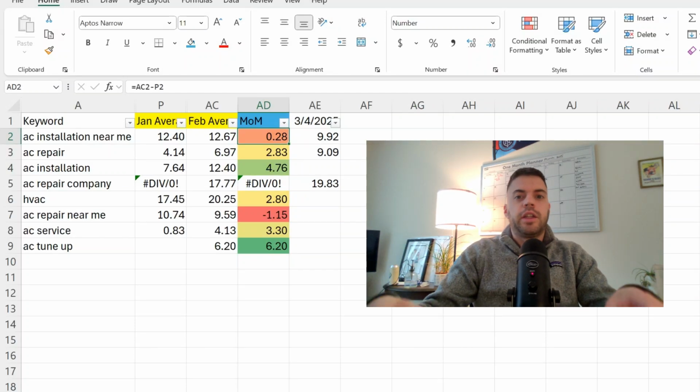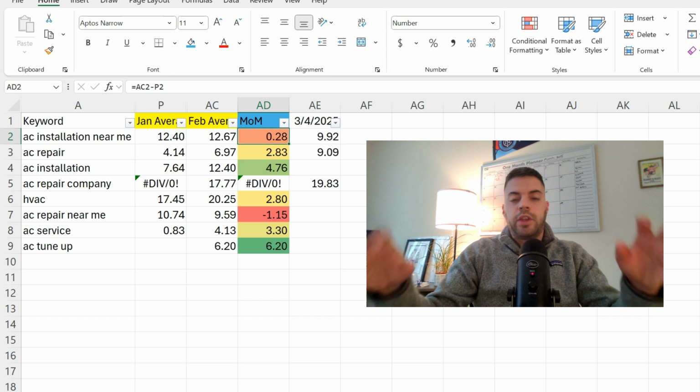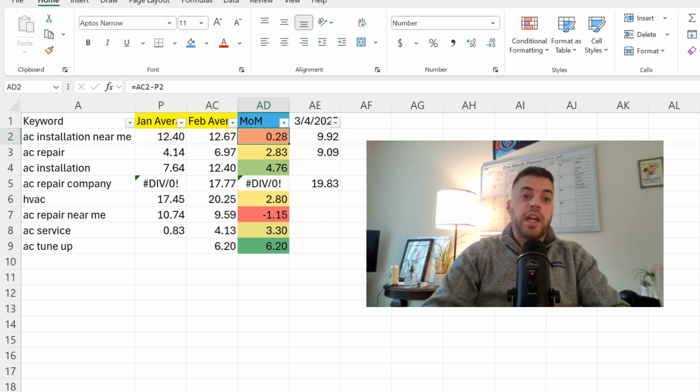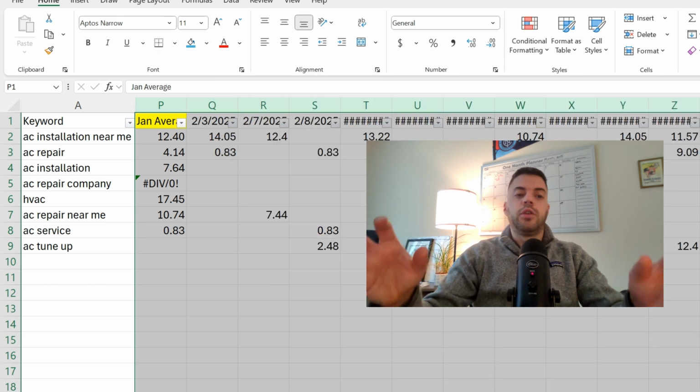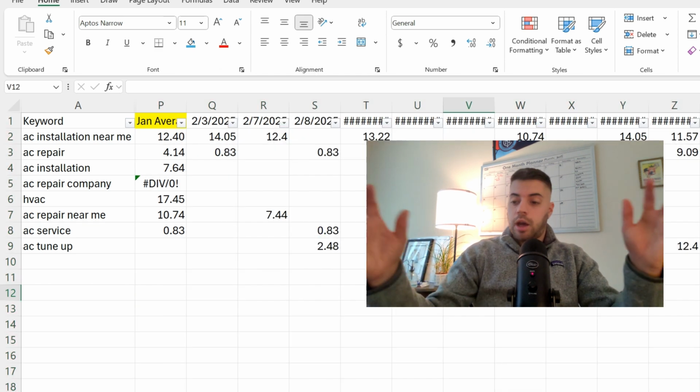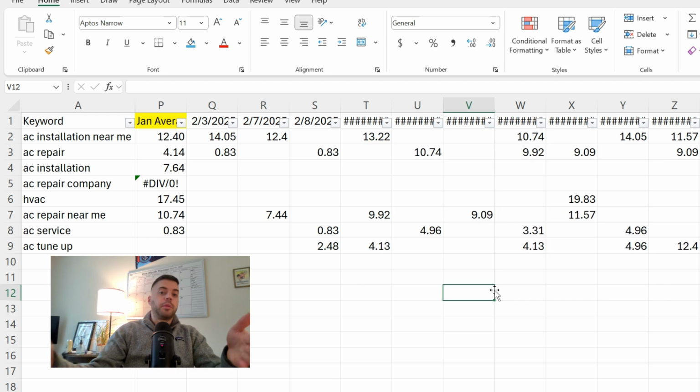So when I update my clients on their local SEO rankings, I run multiple scans in Local Falcon and I put each of their rankings in Excel because I'm going to take the month aggregate view of each rank. I'm going to basically average them together and do a month over month comparison to see if we're seeing improvement for our non-brand keywords. Basically, the higher the number means we are expanding our map radius. We're getting on page one of Google in more places for these non-brand keywords, which should lead to more phone